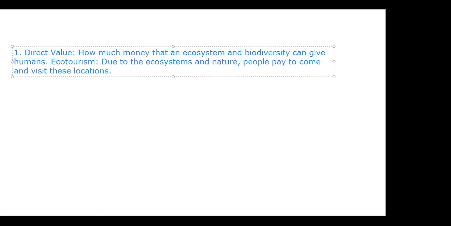When these people come to Montana to do those things, they'll spend money at local businesses, which directly helps the economy at a local level and a state level. So all of these things are ways that we can be affected. So when we have these direct ones, that is one example, the ecotourism. Another is most of our medicine is found in wild plants.